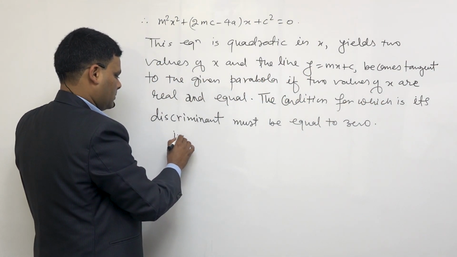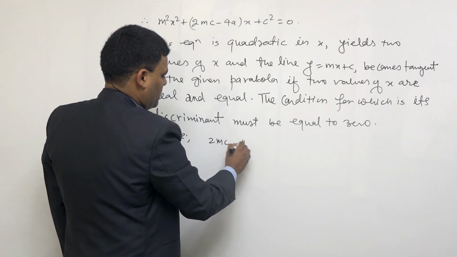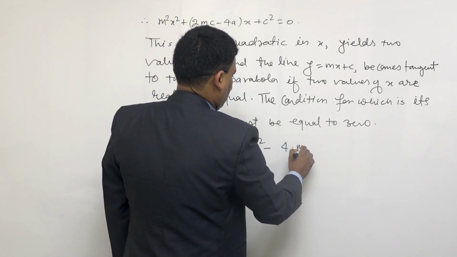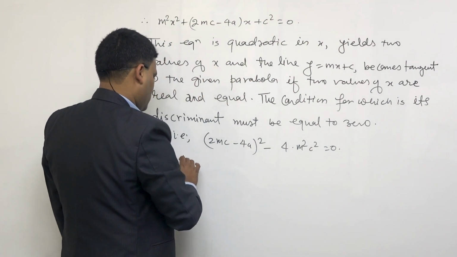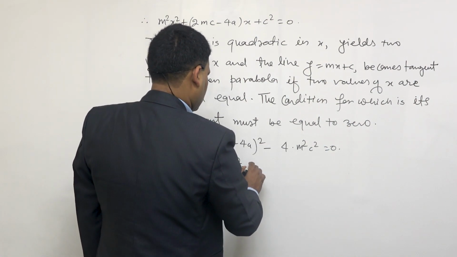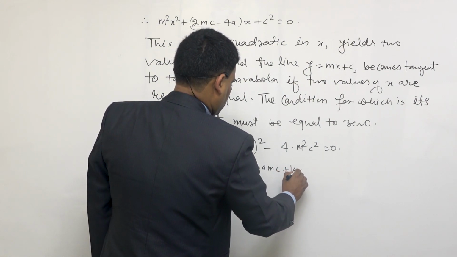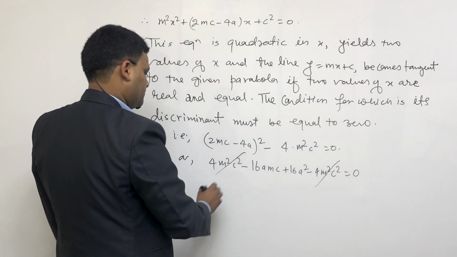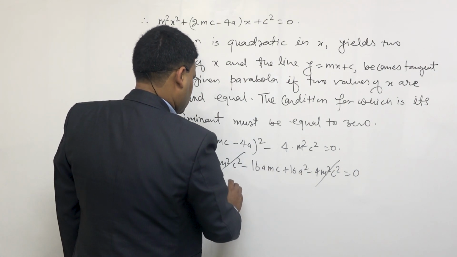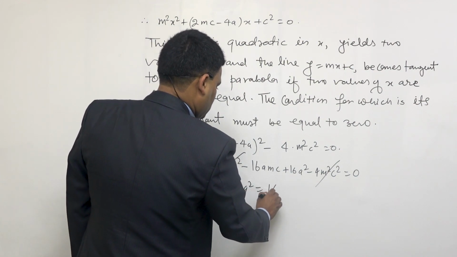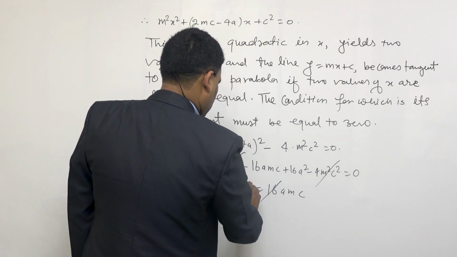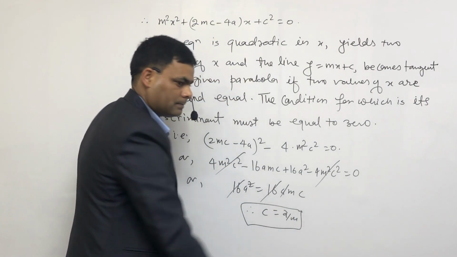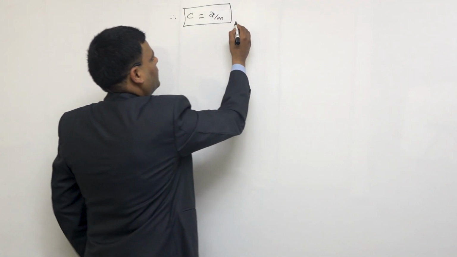That is, (2mc minus 4a) whole square minus 4 m square c square, b square minus 4ac, equals 0, or 4m square c square minus 16amc plus 16a square minus 4m square c square equals 0, or 16a square equals 16amc. Cancel 16a, therefore c equals a by m, which is the required condition